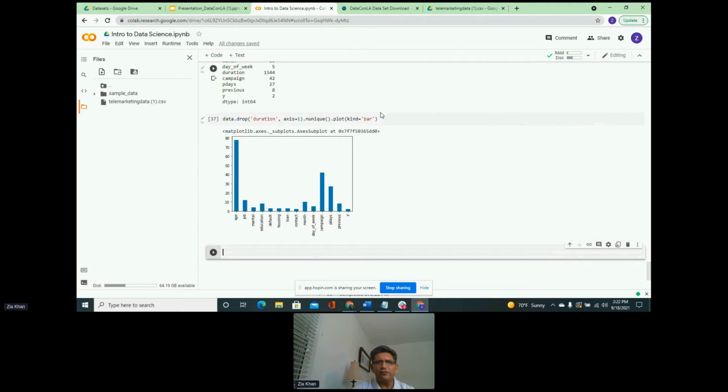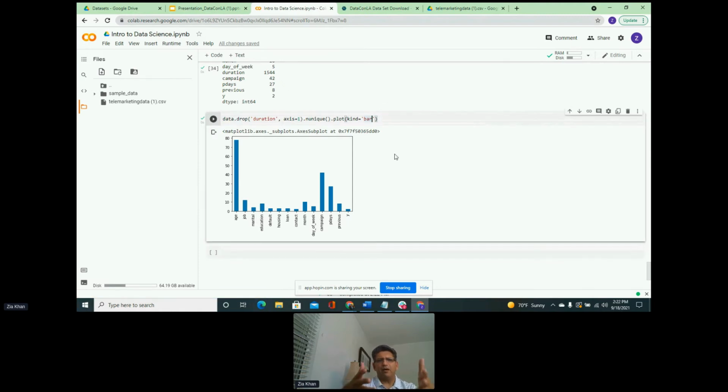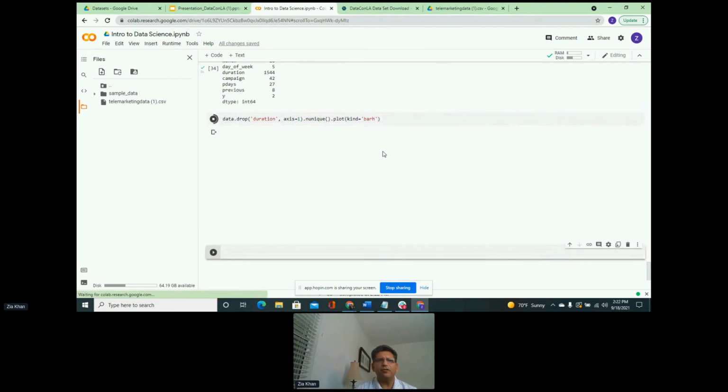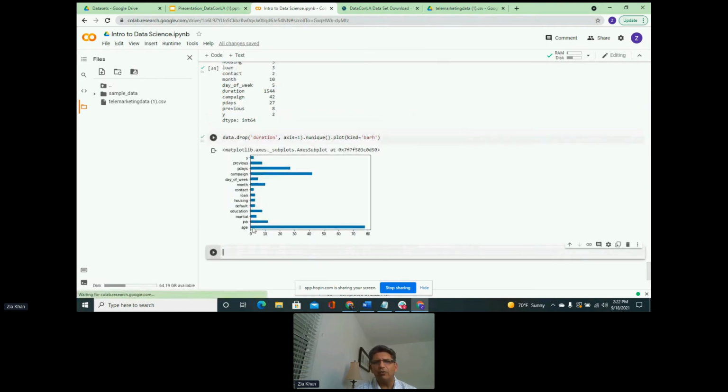And this is how the unique values look. We have age with the most after duration in terms of unique values. And then if you just want to flip it around, this is bar, you can actually go horizontal bar. So barh will give you horizontal bars. And this is how your data looks when you do it in horizontal bar. Again, just some of the techniques that will help you analyze the data and look at the data a little bit more visually, and hopefully that helps you get an idea of what is inside the data.